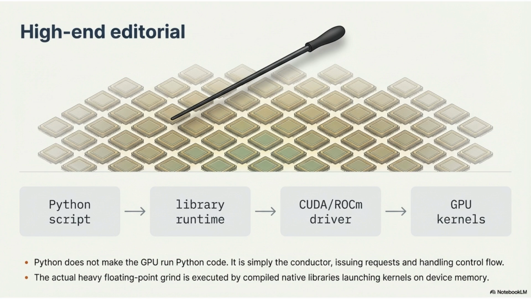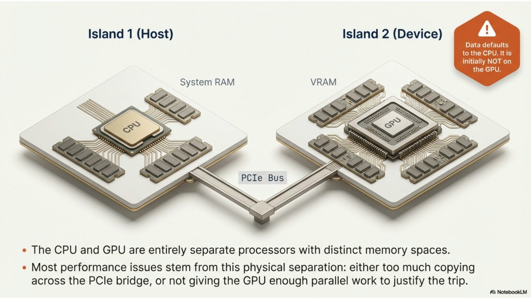Python acts as the conductor for GPU operations. It issues requests and manages control flow, but the heavy floating-point math is done by compiled native libraries launching kernels on device memory. The CPU and GPU are separate processors with distinct memory spaces. Data defaults to the CPU and must be moved to the GPU, often causing performance issues due to copying across